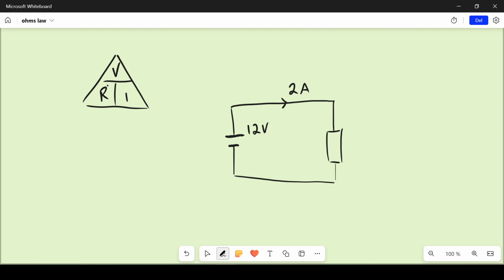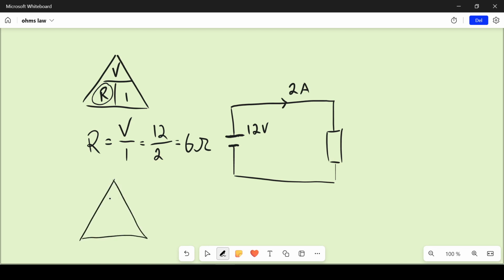So in our case, we want to find the resistance. So the resistance R equals voltage divided by current, which is 12 volts divided by 2 amps, which will give us 6 ohms. And if you wanted to find the power of such a circuit, you would simply draw another